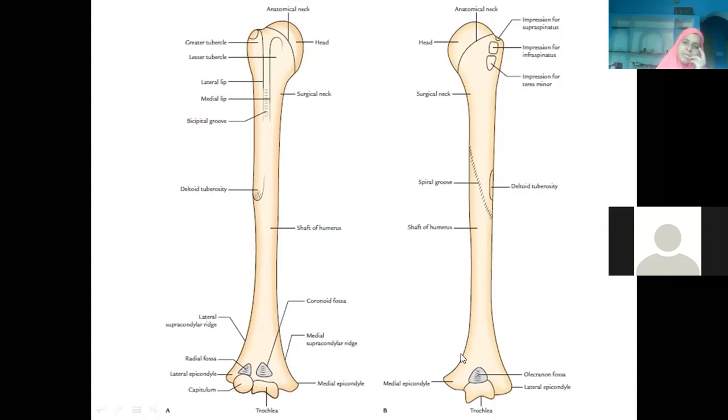And behind, when you see, this is the medial border, medial supracondylar line, lateral border, lateral supracondylar line, and the whole of the surface from behind will be the posterior surface. Okay, so three borders and three surfaces. What are the three borders? Medial border, lateral border, and anterior border. Then the anteromedial, anterolateral, and posterior surfaces.